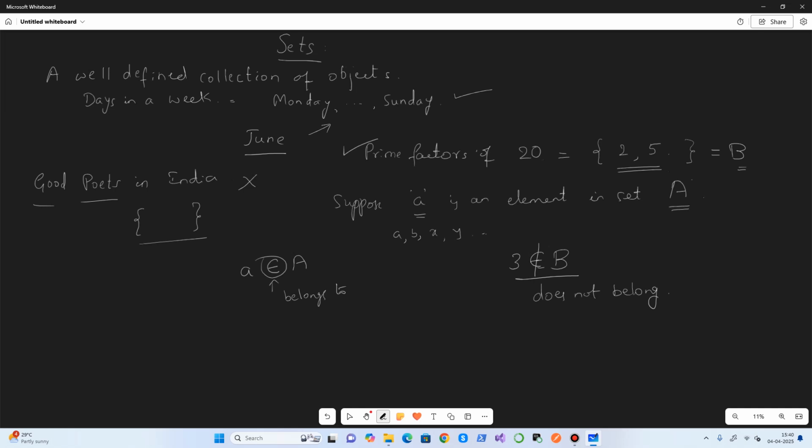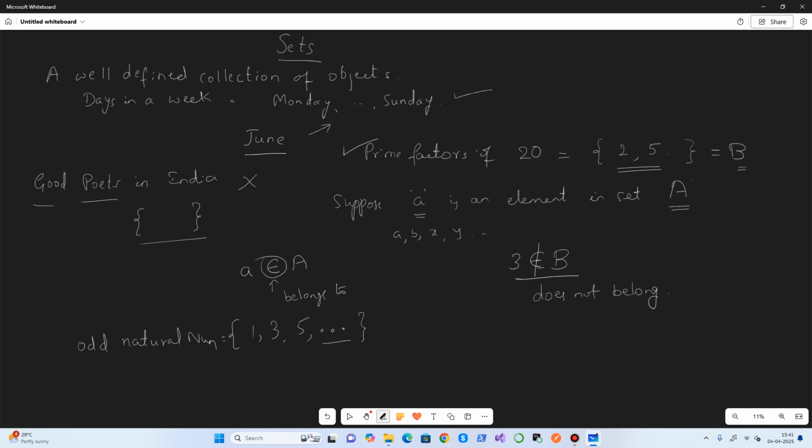And one more notation that we need to remember is, suppose we list elements. For example, I can say odd natural numbers. I will represent this as 1, 3, 5, and then dot dot dot.